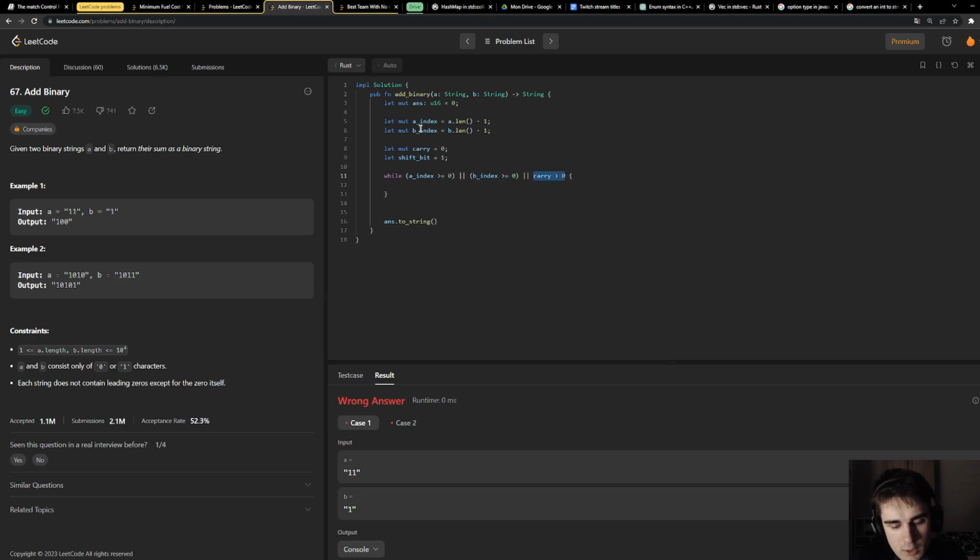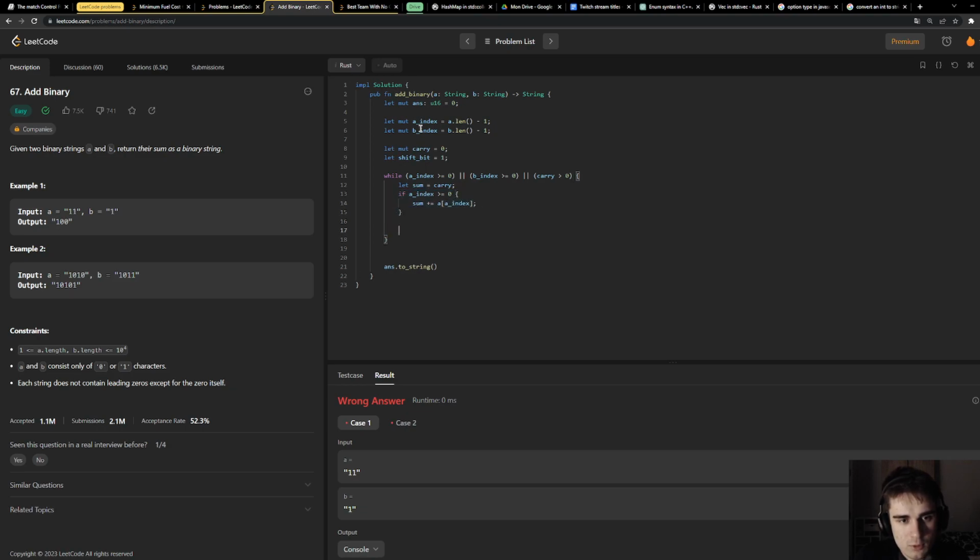Let sum is equal to a of a index. Wait, let's firstly put sum to carry. I remember this from my previous codes. If a index is greater or equal than 0, then we can add to sum a dot a index.